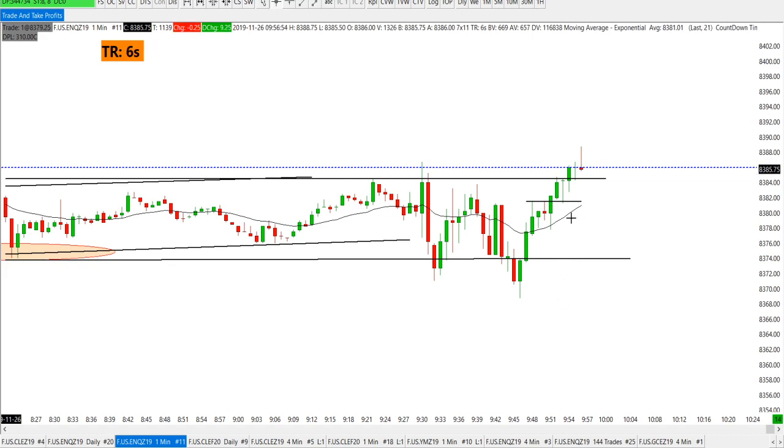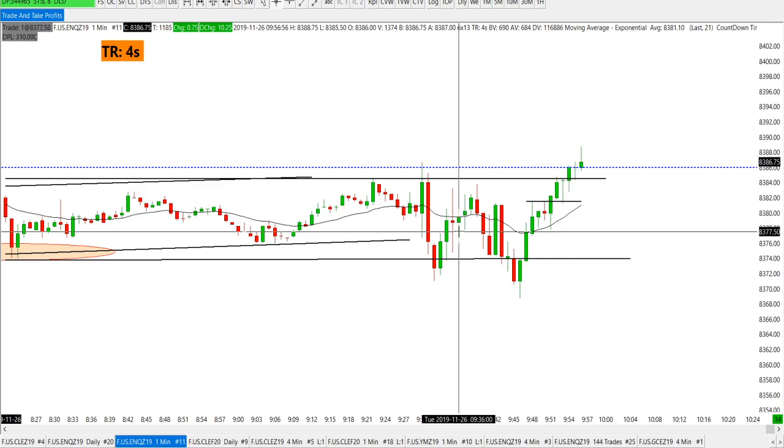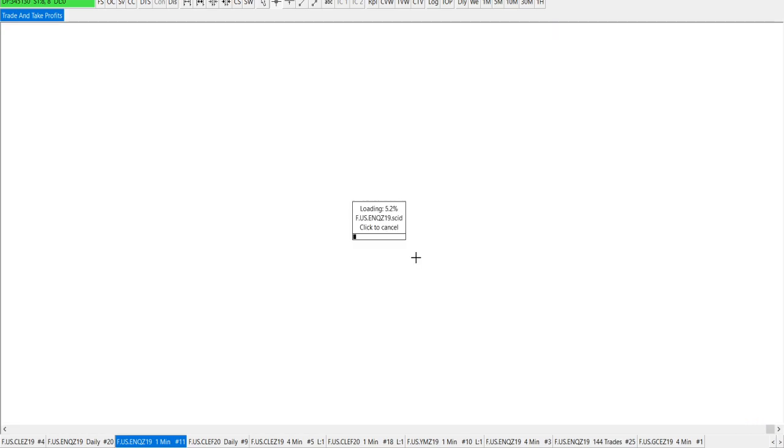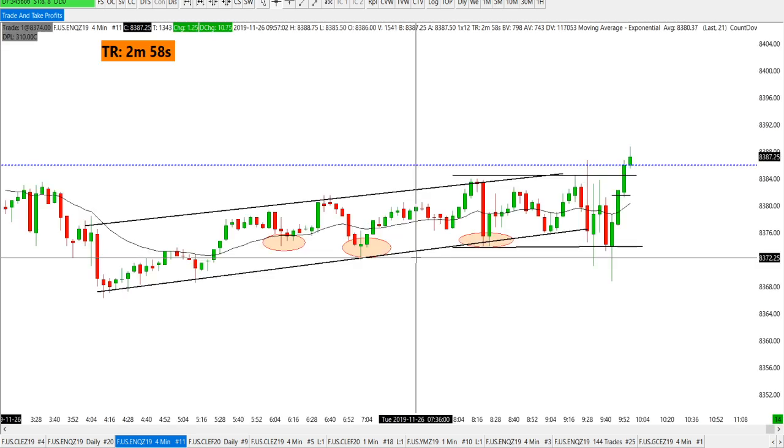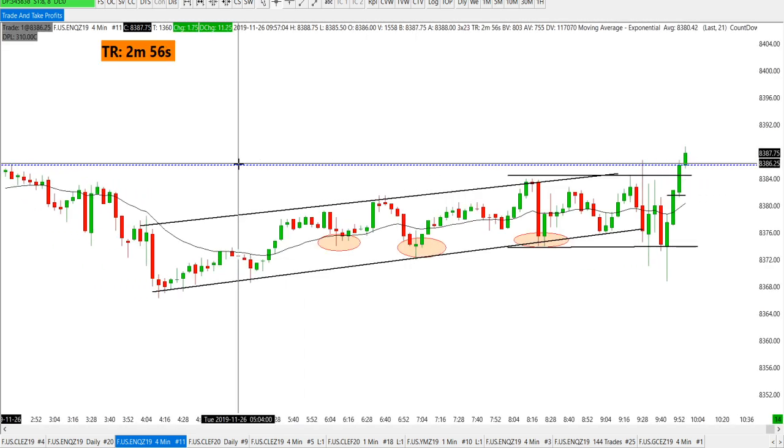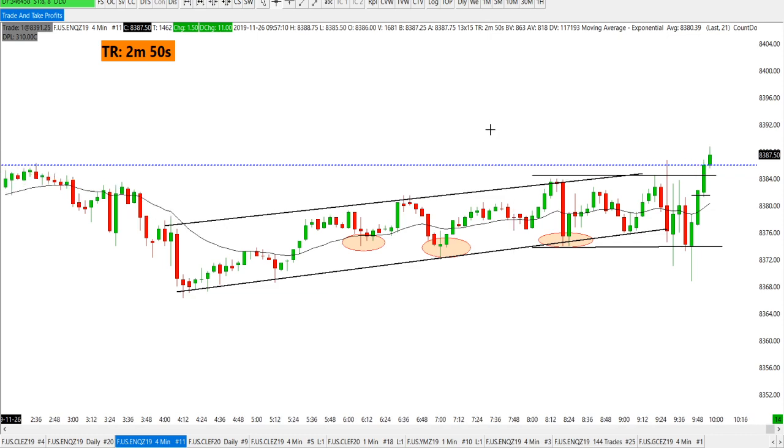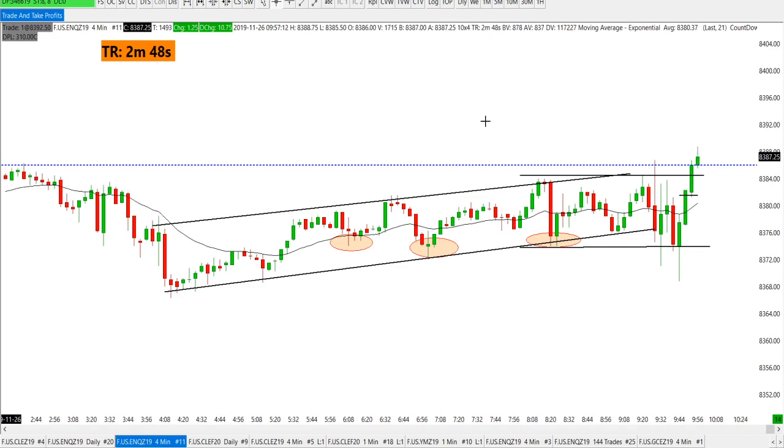Is it safe? Put it like this: is it safe to short right here? And if not, why? Well, me personally, I wouldn't short right there. I'm gonna tell you why. Okay. Now, can this work? Yes, it can work.